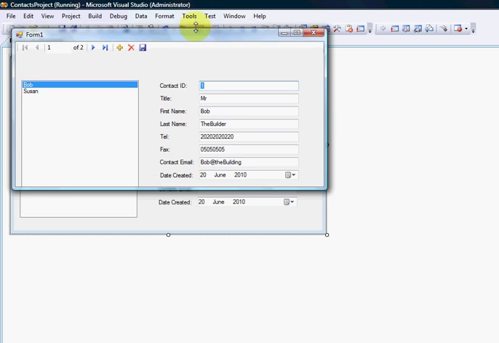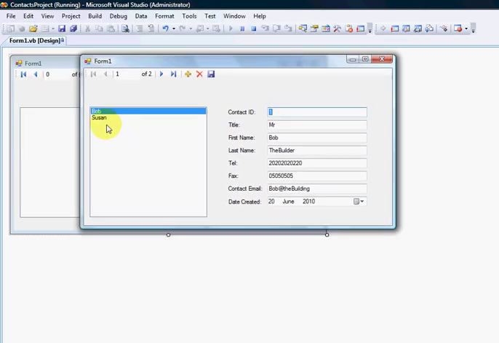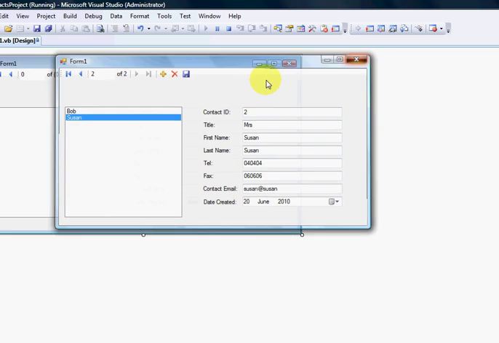And now you can see you have a list. If you click on one of the items, you can see that it actually changes. So if you have something like 50 or 60 contacts and you want to scroll through them and select the one you want to look at, then you can obviously just click on it and it will change the information for you. Another method of doing that,